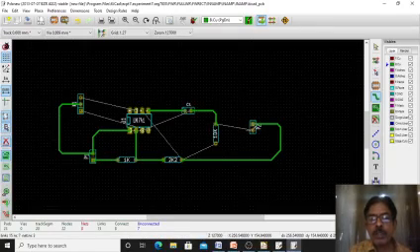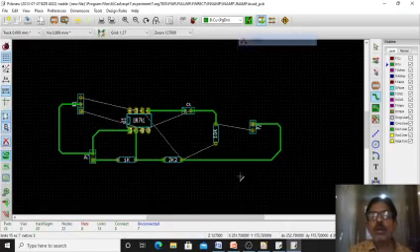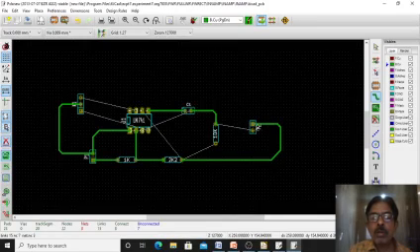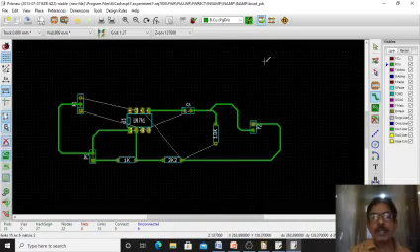Where this is connected, you can see it is connected here. Yes, you can easily connect it here. Connect it here.